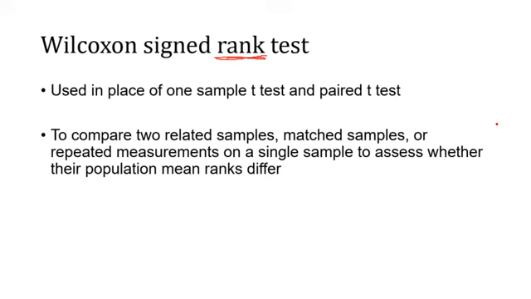If, instead of scores, you have got the ranks of those students, say you're finding the difference between two classes on a particular test, and instead of scores you have got ranks, then you will go for the Wilcoxon test. See, it is mean rank difference, not mean score difference. That is the only difference. So when you have got ranks, of course you'll go for the Wilcoxon signed rank test.